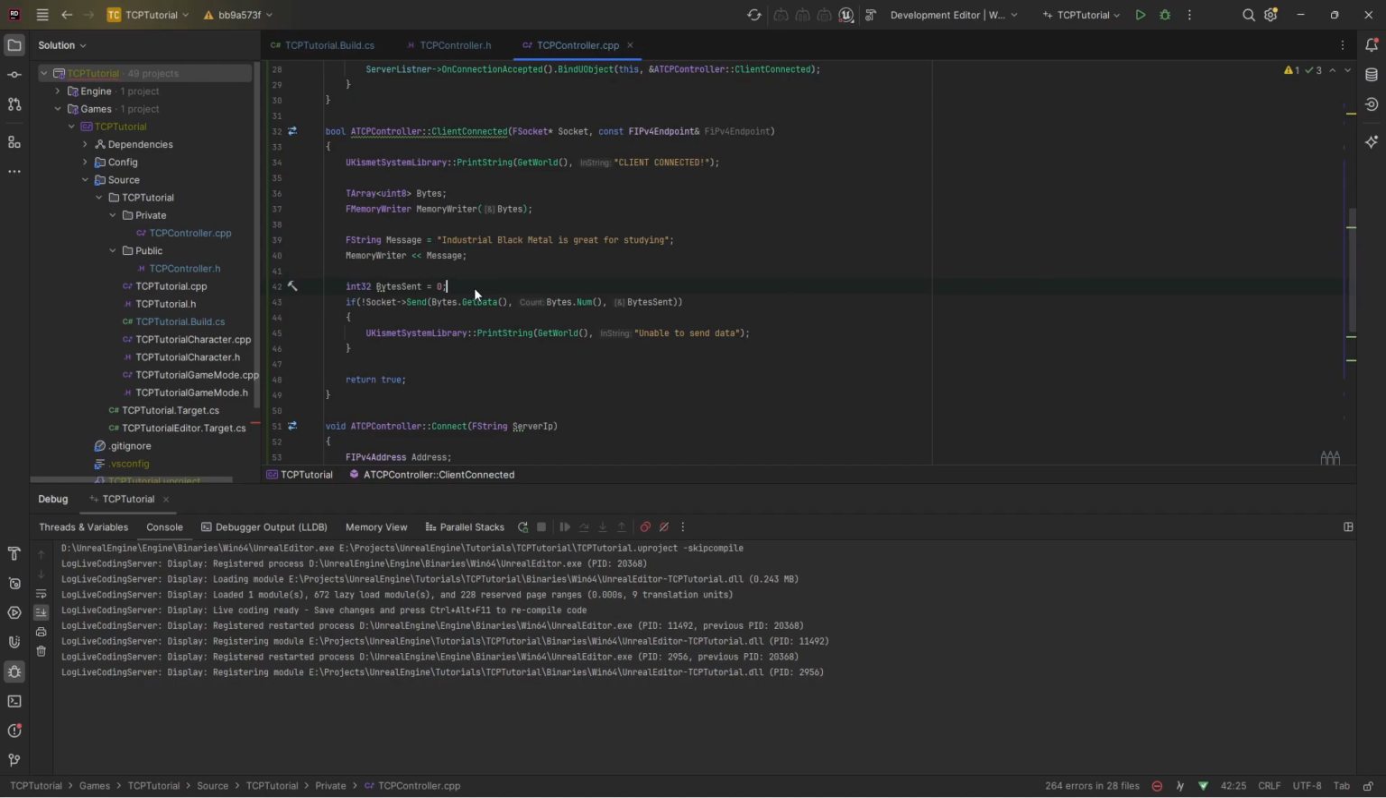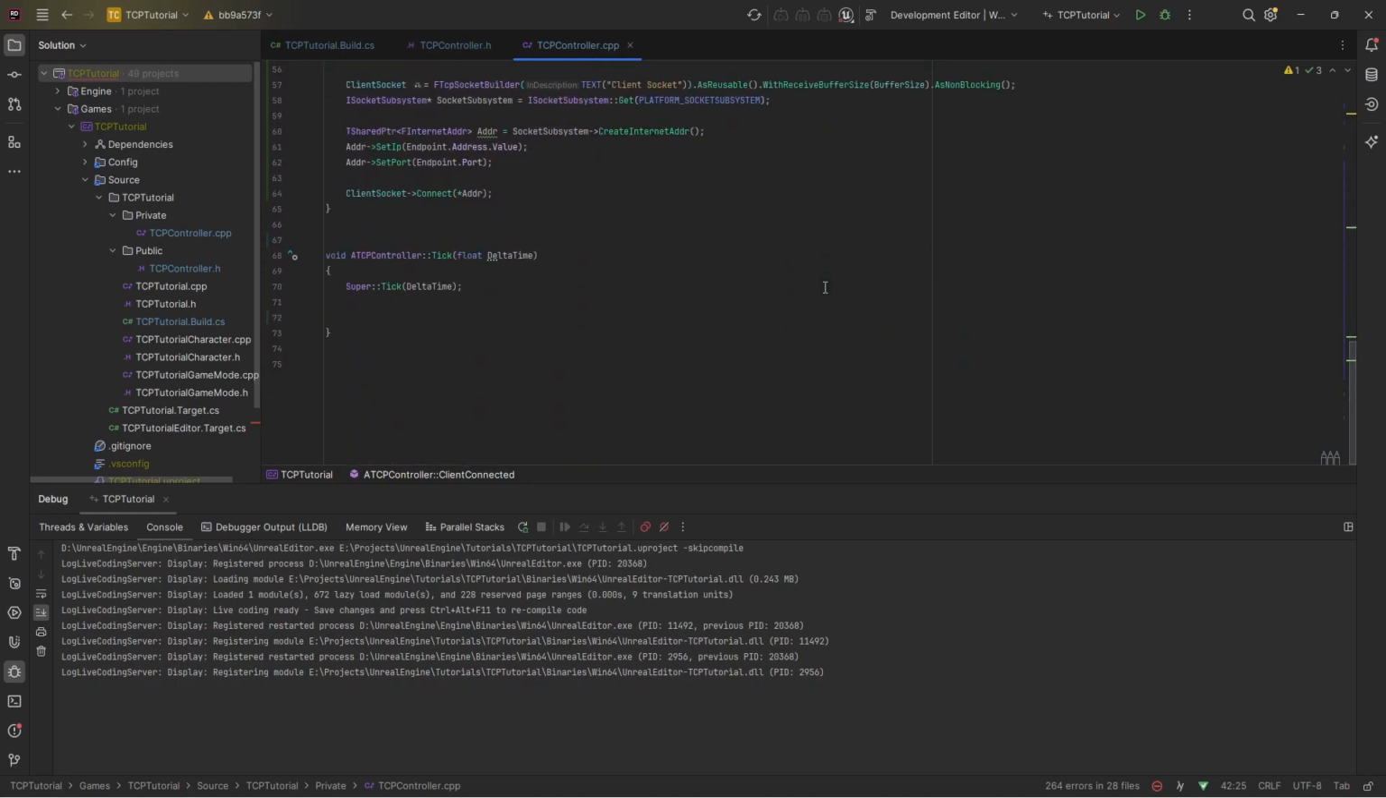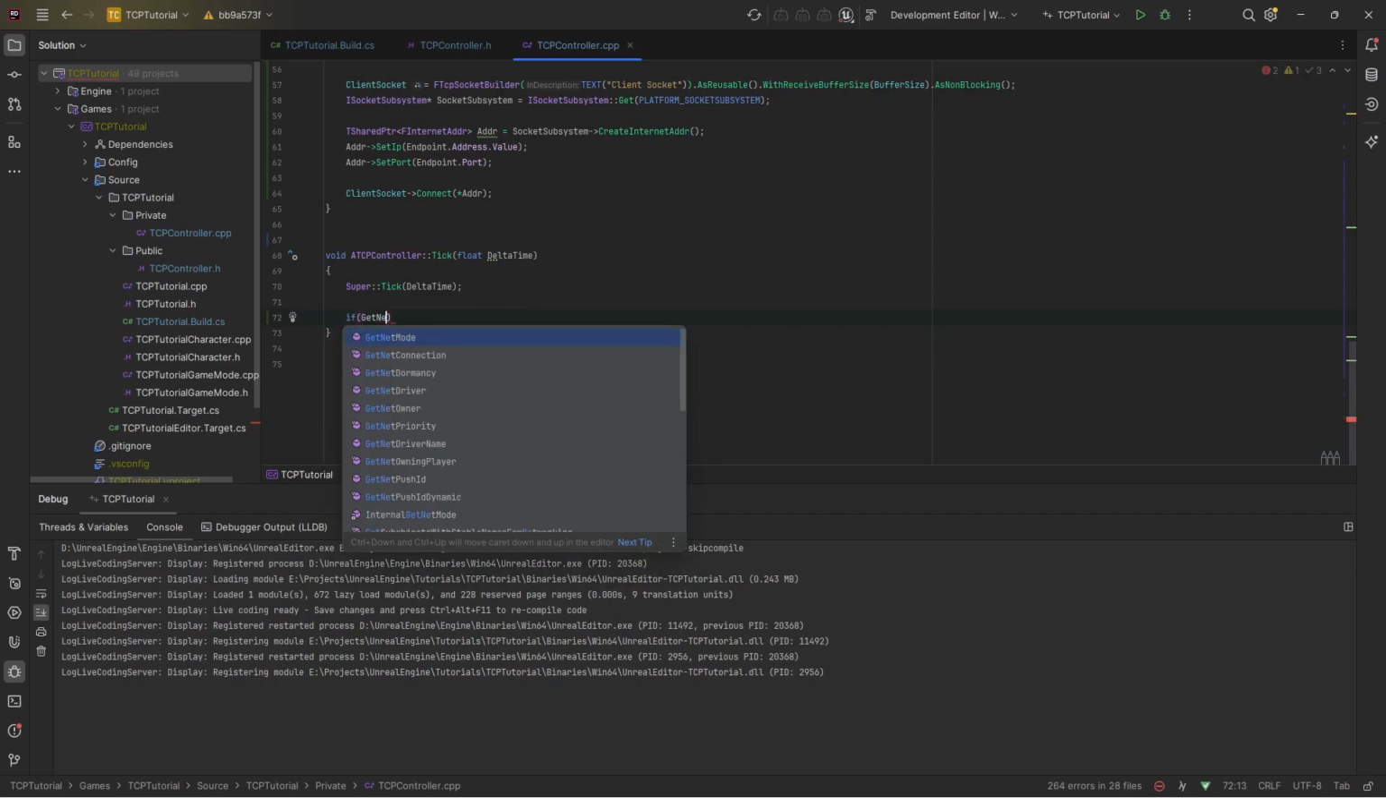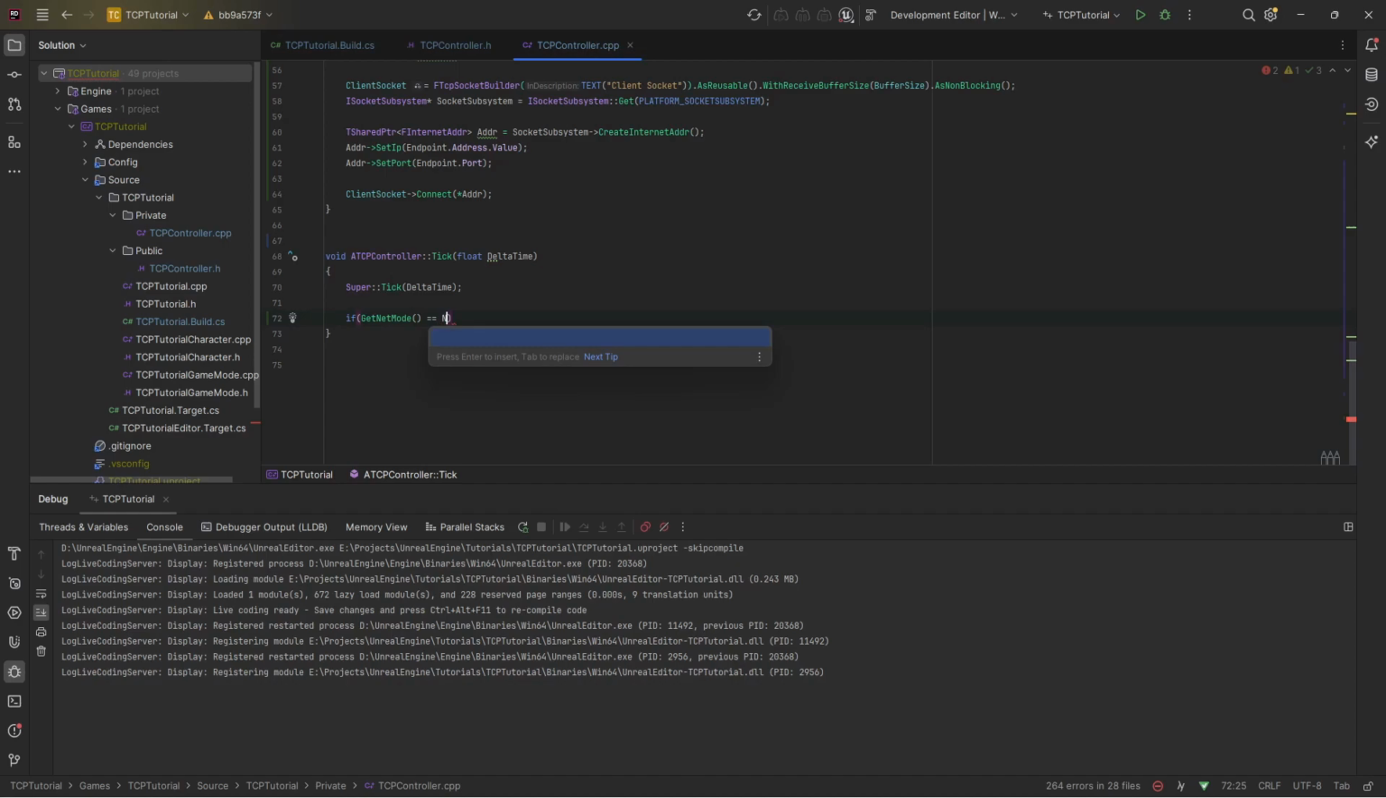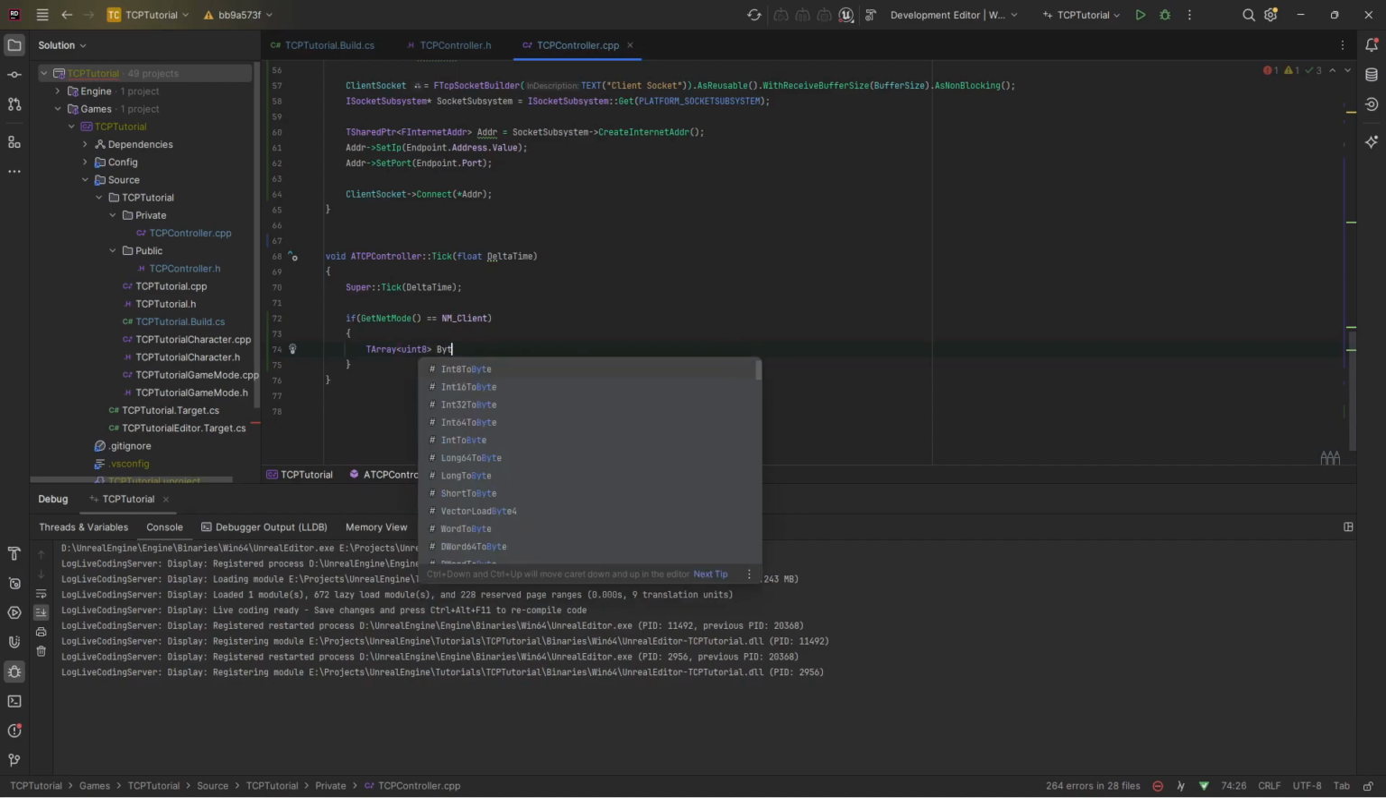Okay, all that's left now is to set up the client for receiving the data. First, we need to check if we are actually running a client. So let's again get net mode, then client. We will listen every tick for incoming data, but first we have to ensure that the socket is valid and we are actually connected. So TArray uint8 bytes,